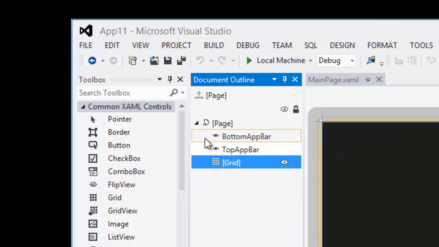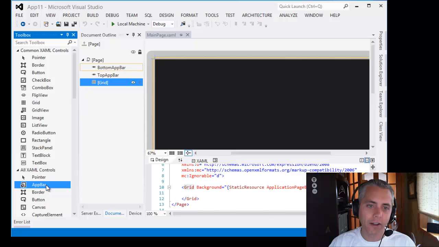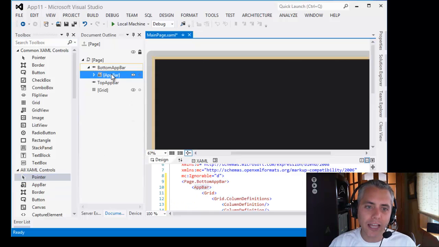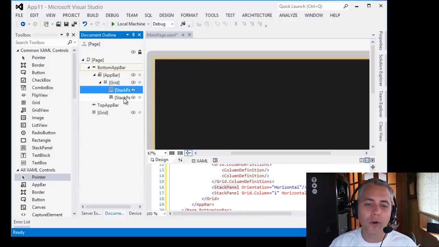I'm going to select the bottom app bar and right click and say pin active container. This way whatever I select now in the toolbox, this will be its parent. And what do I want to select? Well, I want to select AppBar right here. And when I do, now you can see AppBar is a child of bottom AppBar. That's what I want. And inside it, it's got the grid and the two stack panels where the different buttons